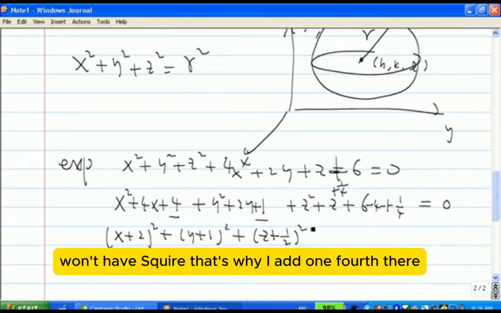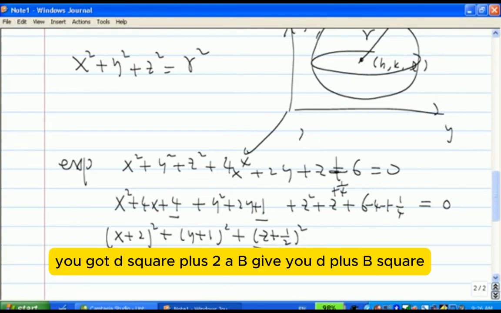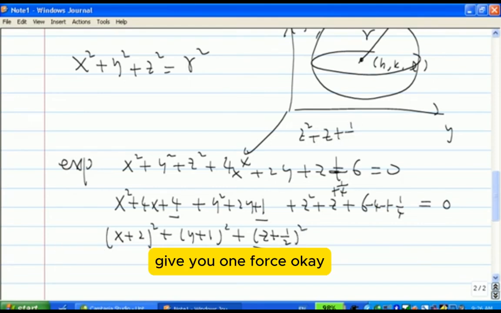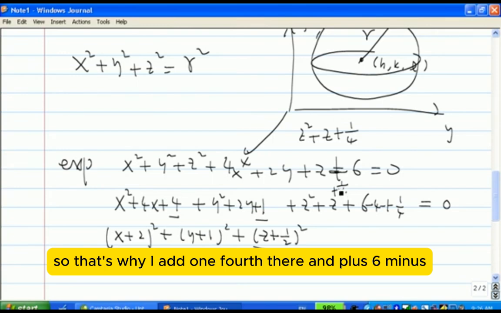That's why I add 1/4 there, because when you expand this, you get z squared plus 2ab, which gives you z, plus b squared, which gives you 1/4. So that's why I add 1/4 there. And plus 6 minus